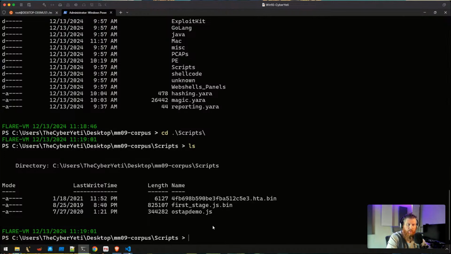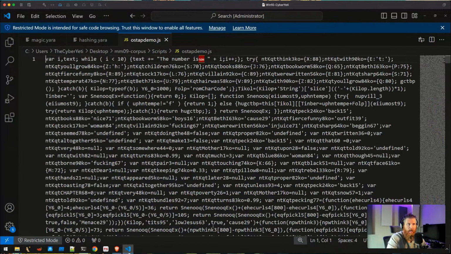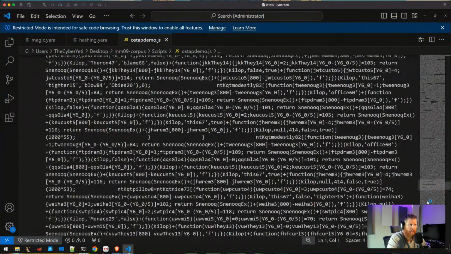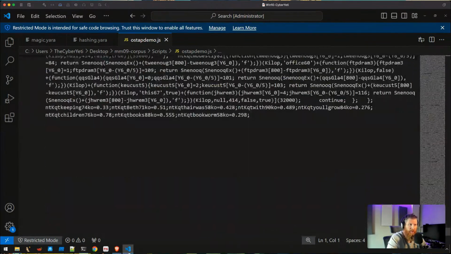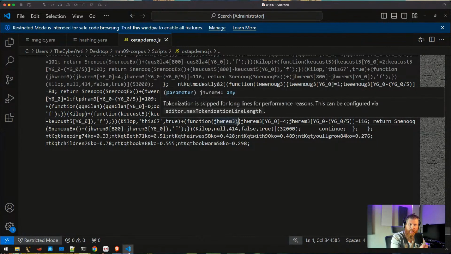Now, of course, when we're doing one-off analysis, if I'm just analyzing a single artifact or extracting different stages from an original artifact, it isn't necessarily difficult to open those up and see what they are, right? I could open up this ostap demo.js in a text editor and say, okay, this looks like JavaScript or JScript. The context does matter a little bit, right? So if I see this as the second or third stage from an Office document or an email attachment, and it's going to be executed by CScript or WScript, that context can help.